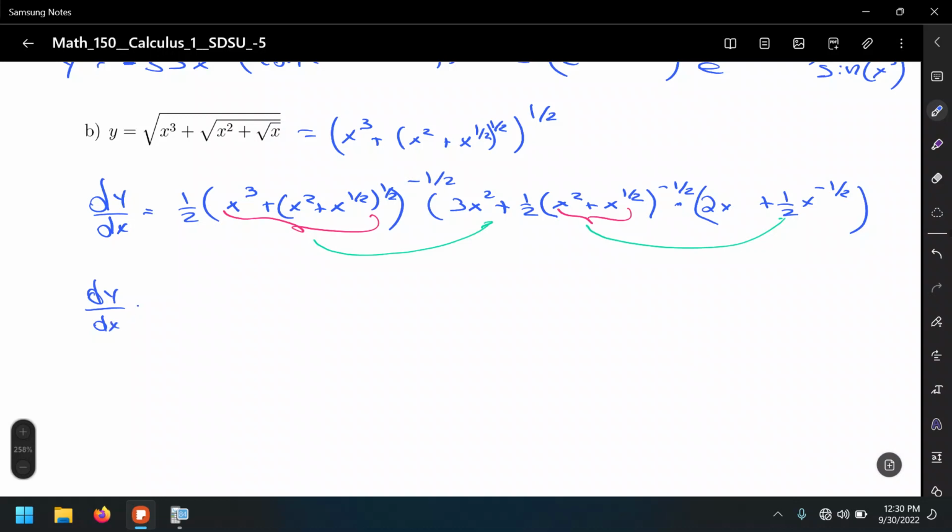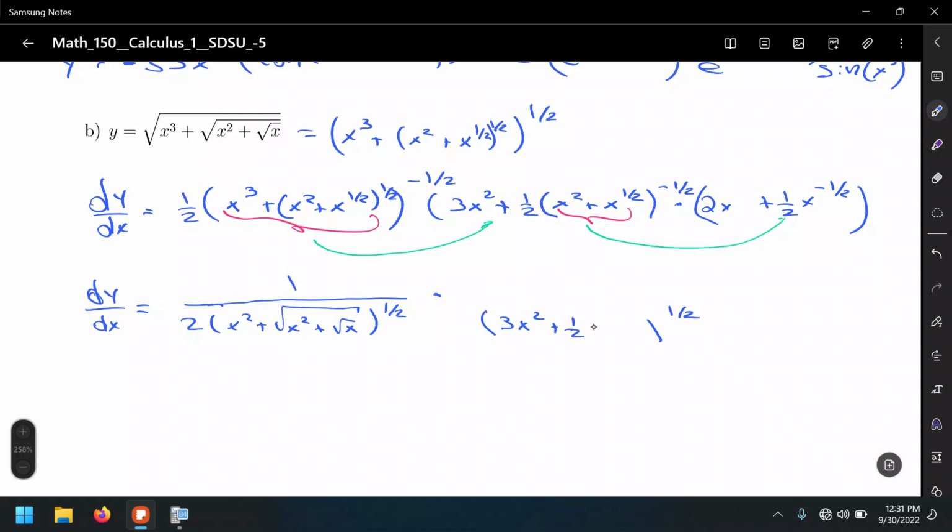So that's going to be 1 over 2 times this whole quantity x squared plus root x, and this quantity to the 1/2 I'm going to write back as a radical, and that's to the 1/2 in the first place, times, okay, this quantity to the negative 1/2 becomes a quantity to the 1/2, 3x squared plus